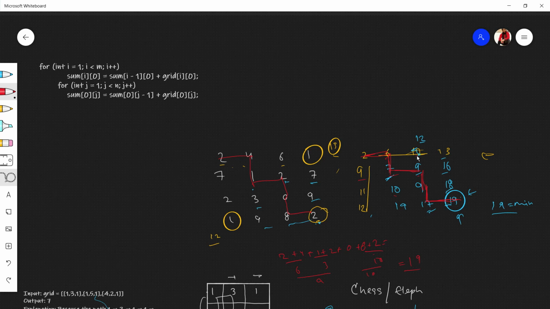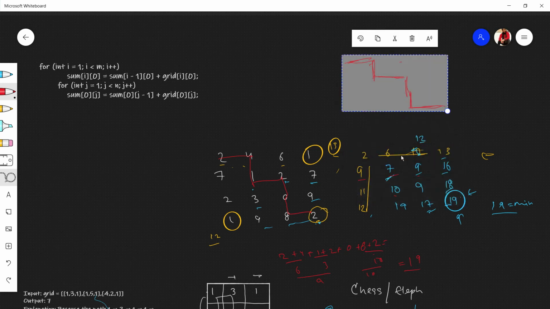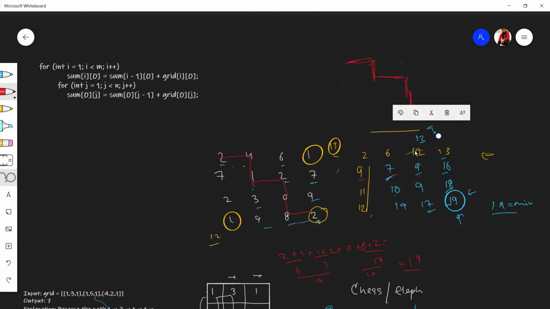If you want to fill the value of this, can I just take it out? Oh my god, this is my 12. Okay, so I just need this. Earlier it was empty: 2, 6, 12, 13, this was empty. I need to fill it. dp[i minus 1][0], I was standing on 2, just add grid[i][0], which is the current grid you are standing on. Filling the current grid, 2 plus 0, because nothing was there before, this was empty.